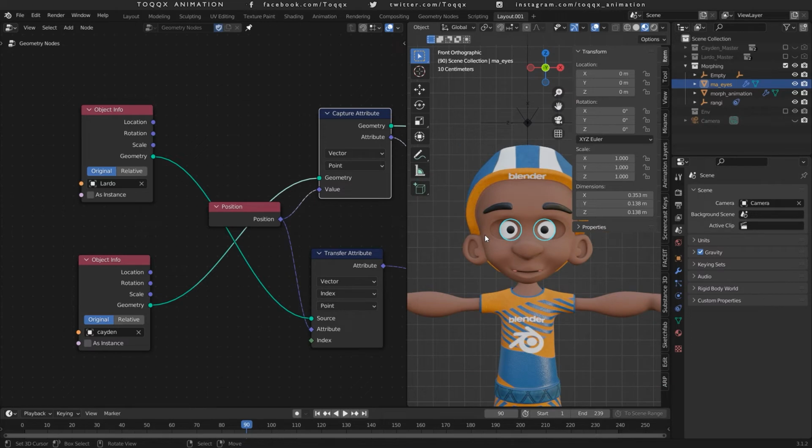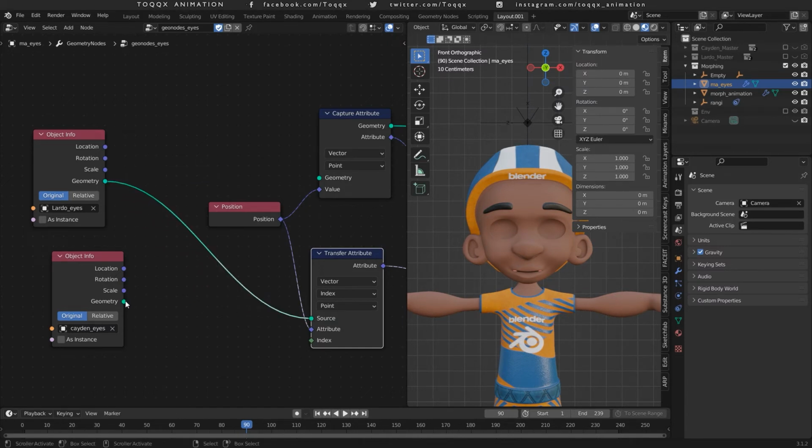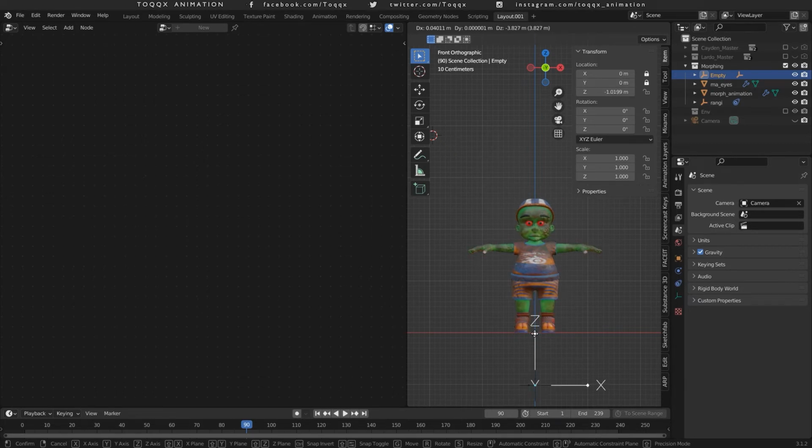So if we have done that for the original, we're going to unpin this so that we can get the eyes, and you're just going to have to do the same thing, switch this down, switch this back to the top, and now we have the correct eyes. Before, you could see that the smaller eyes, Lado's eyes were in Caden, and Caden was having Lado's eyes. So now we can transform Lado to Caden from the bottom up. Okay, now